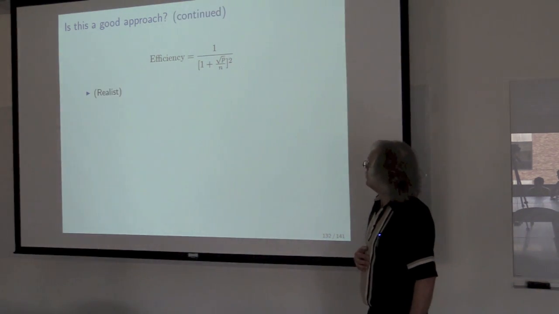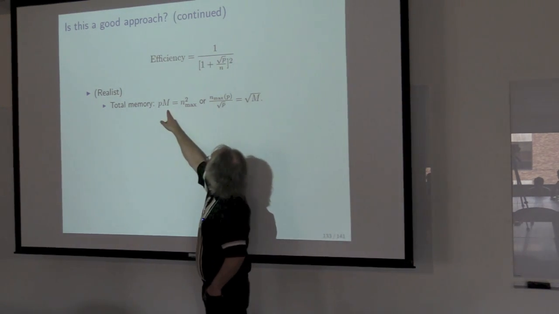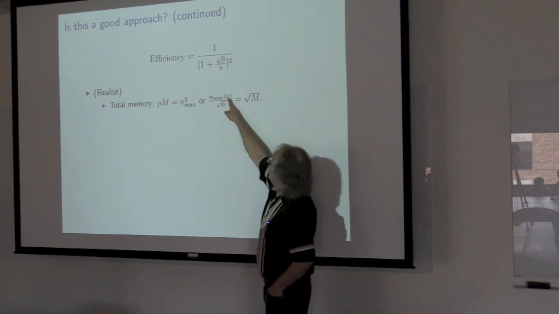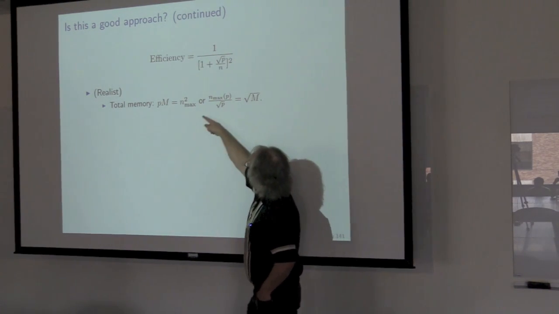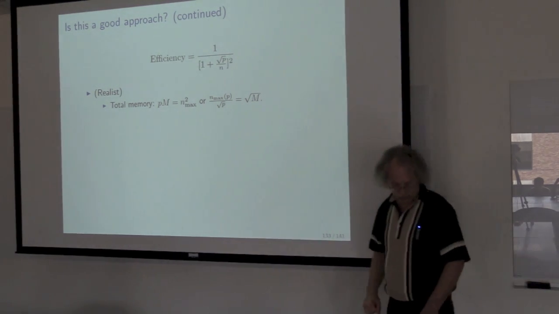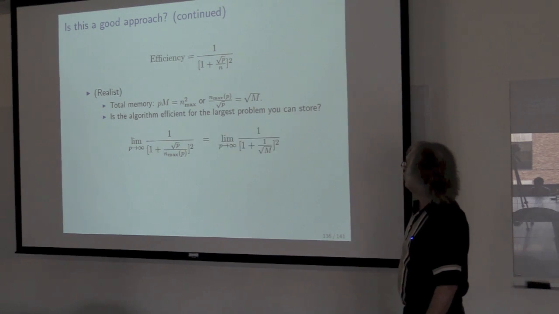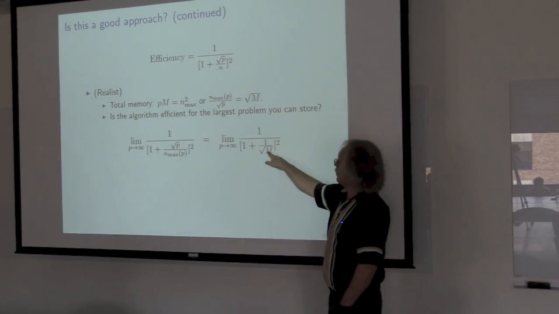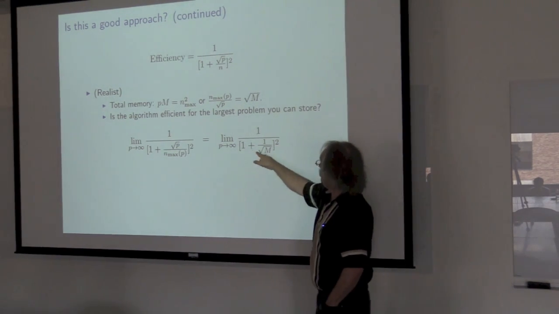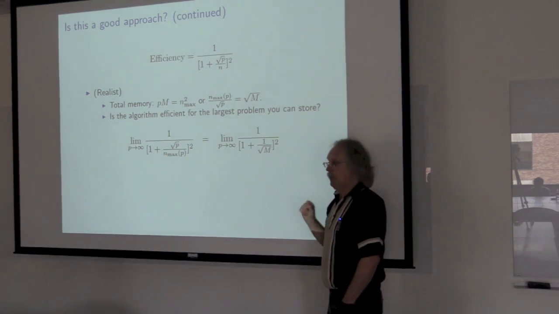And then the realist will say, okay, we know that we have p times m in memory, which would be the square of the maximum size of the matrix, which we will make a function of p. So if you manipulate this, you can bring this to the other side. That's what you get. If you then take that and you plug it in here, you get 1 plus some constant. Okay, so as p now increases, the efficiency is constant, and therefore it may just be that this will